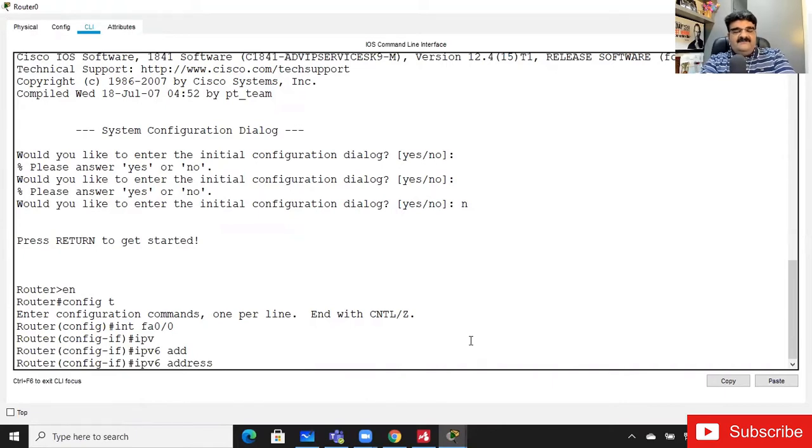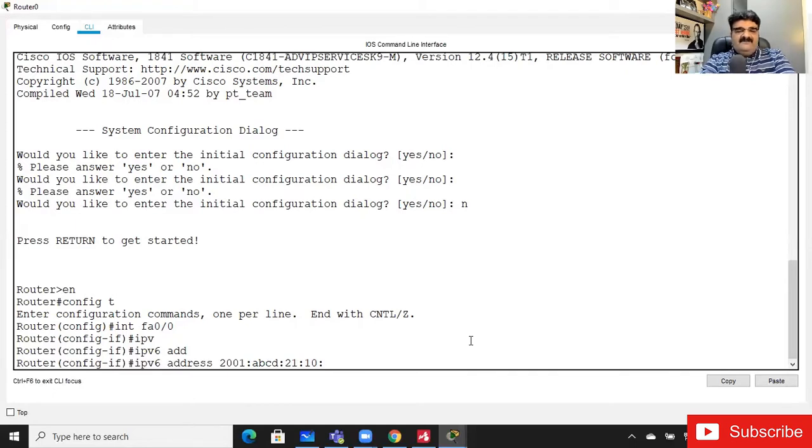Okay. And if you want to assign an IP address, you can give it like 2001. You can give any ABCD colon 2001, and if you do not want to use prefix zeros, you can write like 21, like 10 colon. This is the network address, right?